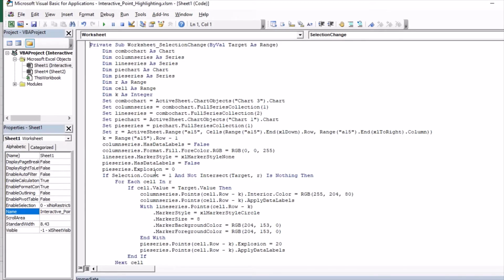If the user selected only one cell and this cell was in range R, then the loop got started. For each cell in R, if the value of the cell equal to the value of the selected cell, then the corresponding point of the column series got colored with this RGB combination and got a data label. To calculate the point number, the row number of cell was taken and K was subtracted from it,